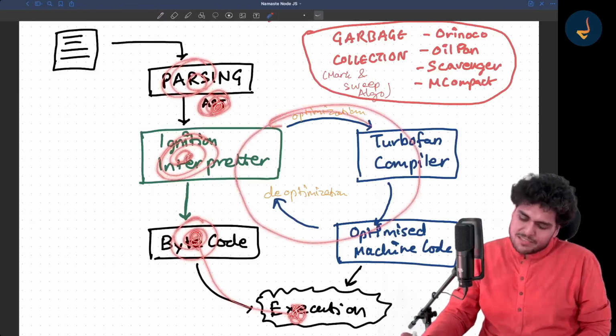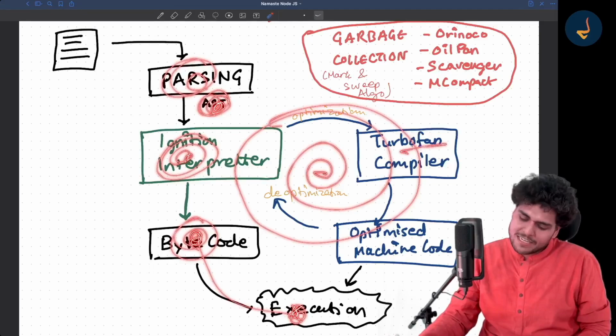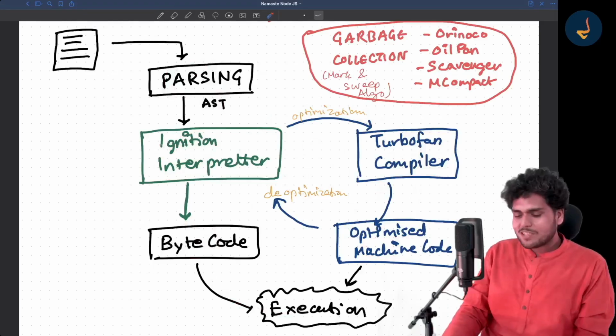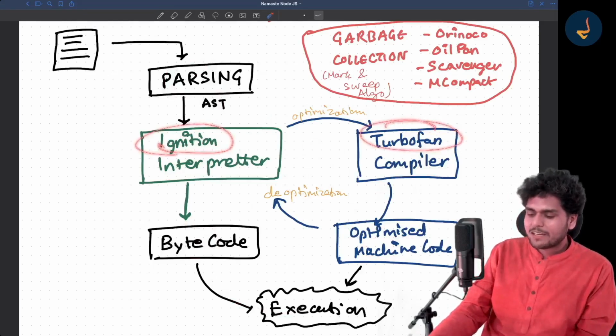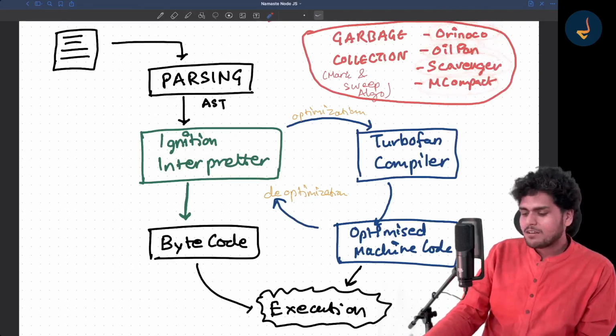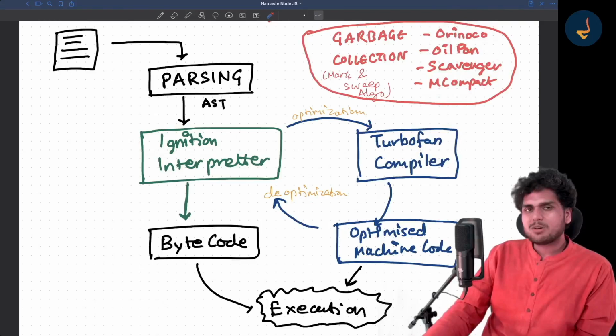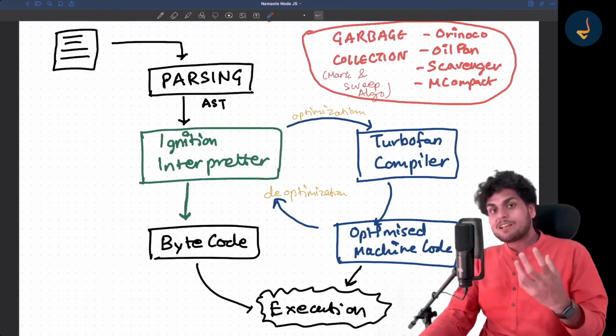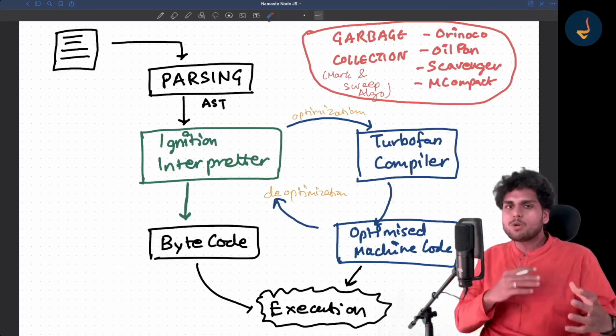There is optimization and de-optimization happening inside the TurboFan compiler. And trust me, I love the names: Ignition interpreter, TurboFan compiler, Orinoco, Oilpan, Scavenger, something Mark-Compact. I don't remember the name exactly, but there are different types of garbage collectors present, and they are doing their own jobs.